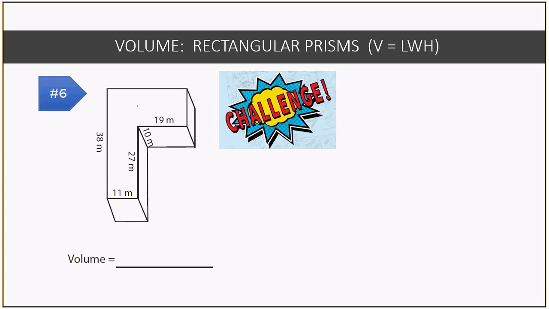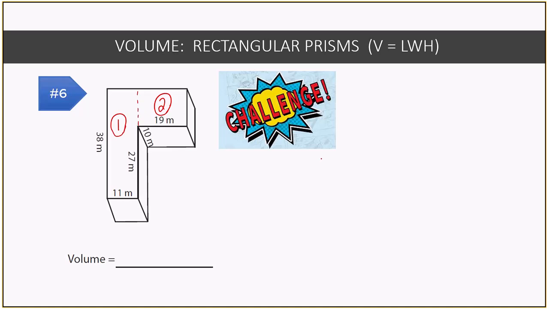That's one way to split this figure. Another way to split this figure would be here. And again, that creates this really long rectangular prism on the left and then a shorter rectangular prism over on the right. I'm going to just leave it like this, and I'm going to label these shapes 1 and 2. That just helps us keep organized so that we realize I've got two different pieces here whose volumes I need to